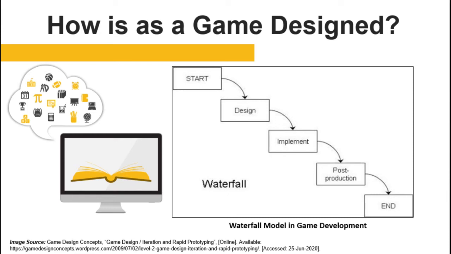At some point, someone figured out that it might be a good idea to at least have the option of going back and fixing things in earlier steps, and created what is sometimes known as the iterative approach. As with waterfall, you first design the game, then implement it, and then make sure it works. But then you add an extra step of evaluating the game: play it, decide what is good and what needs to change, and then make a decision.